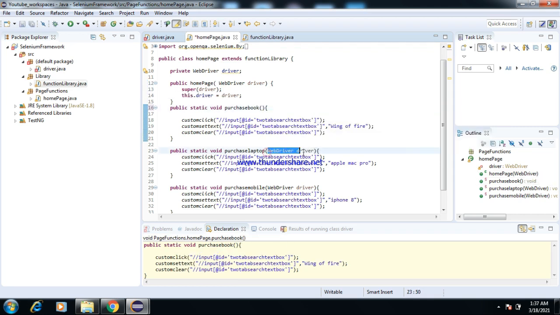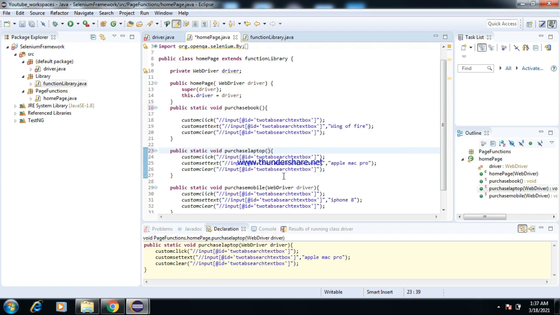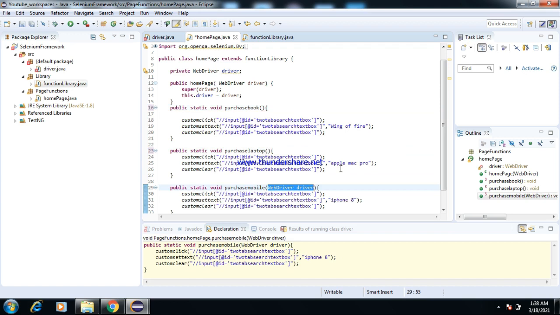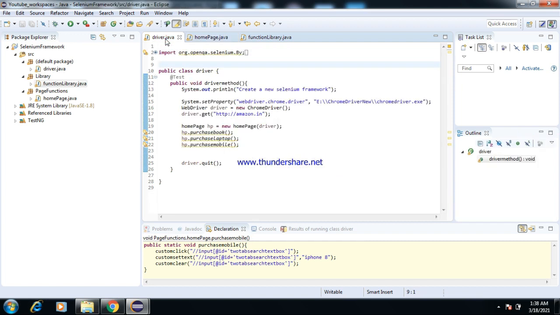Don't need to pass it as a parameter for each method. So I'm removing that too. Saving it. Now the error has been cleared. So this is how we need to create the constructors that reduce the dependency between the classes.